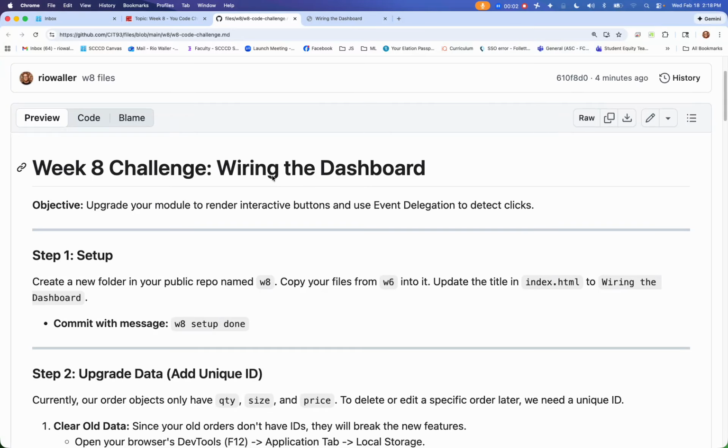Alrighty, so for week 8, we are going to do the wiring. How do we set up our code to handle the edit and delete? What are the things we need to put in place? Because as I really reflected upon the importance of what we need to make sure we're covering here, I decided